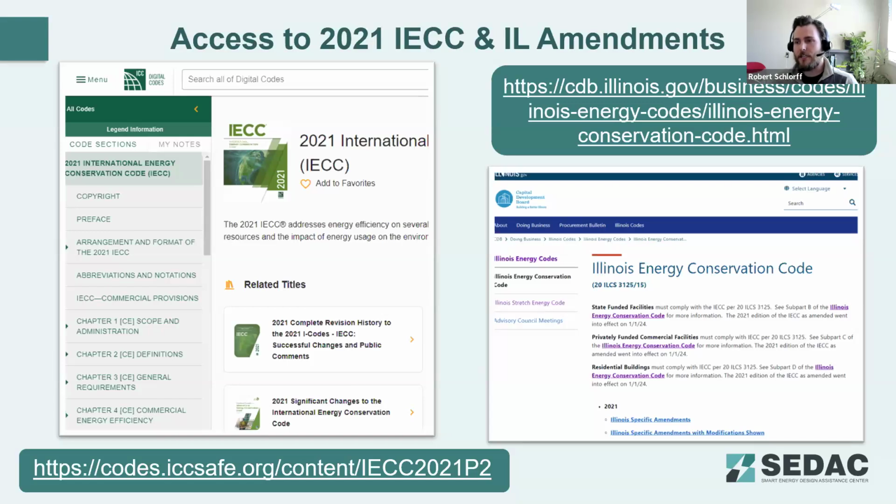There's a link there that'll take you to the CDB website, or you can go directly to the CDB website, where they have links posted with the Illinois specific amendments as well as Illinois amendments with the modifications shown. At some point in the future, we do expect there to be an Illinois amendment document available, a cleaned up document. And when that is available, we'll link it to our website